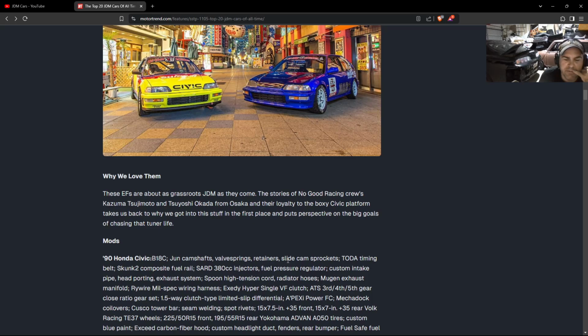Jun camshafts, valve springs, retainers, slide cam sprockets. Wow, this guy went all in tuning the engine here. Toyota timing belt, Skunk2 composite fuel rail, 380cc injectors, fuel pressure regulator, custom intake pipe, head porting, exhaust system, Spoon high tension cord, radiator hoses, Mugen exhaust manifold, mil-spec wiring harness, Exedy Hyper Single clutch, ATS third, fourth, fifth gear close ratio set, 1.5 way clutch, Type 2 limited slip differential,